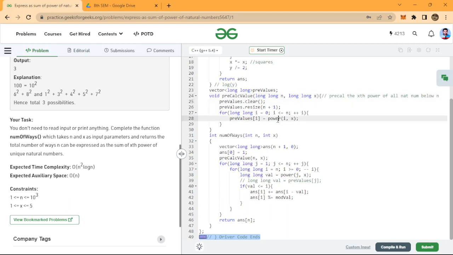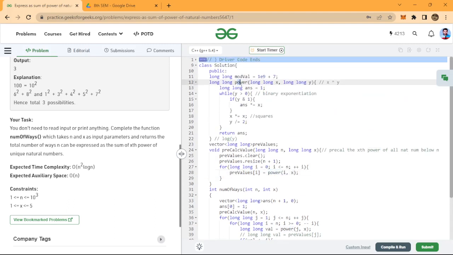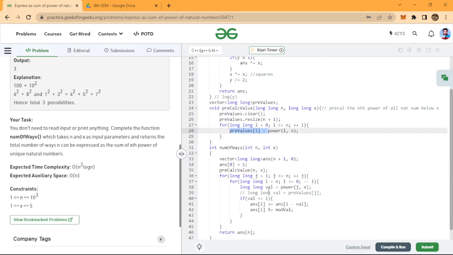You can see they are using the power function only to quickly calculate the values and store them, and then we can avoid this calling of the function, and instead we can use this value which is pre-calculated in this function. Calling this function once and then running the dp loop, that is n square, and this will take big O of n